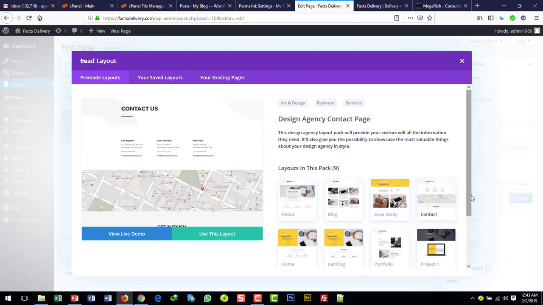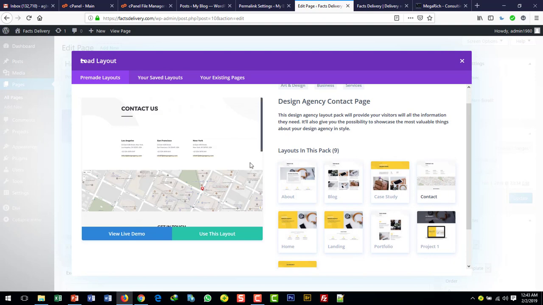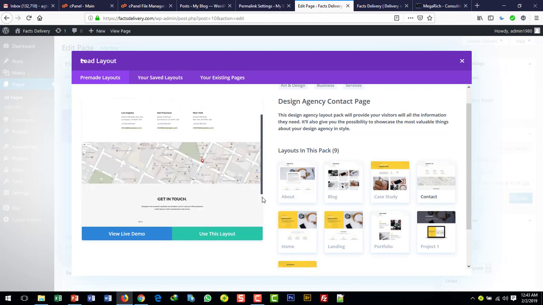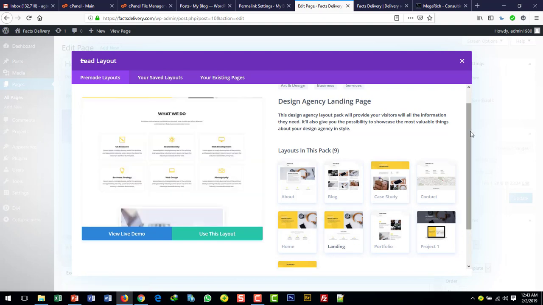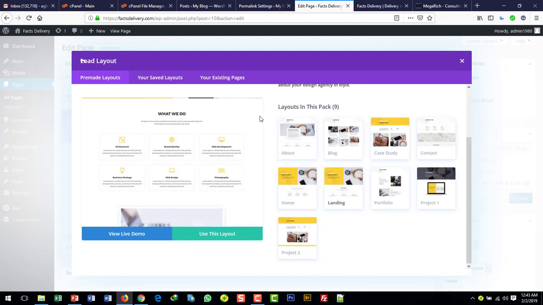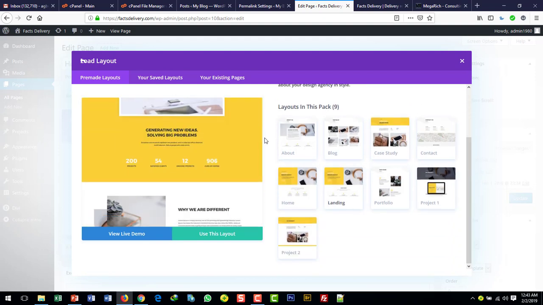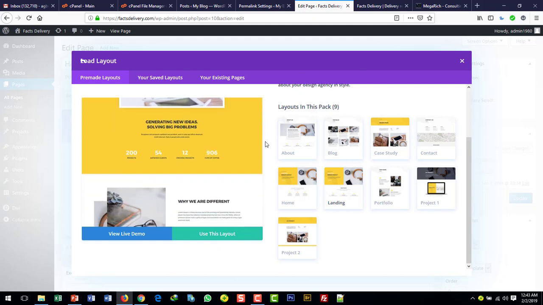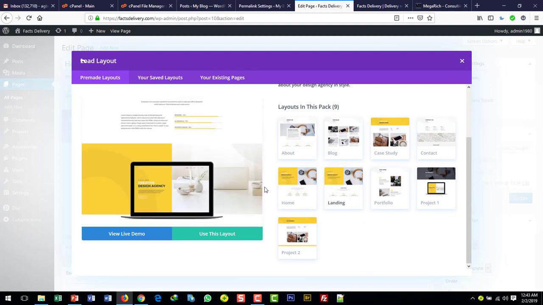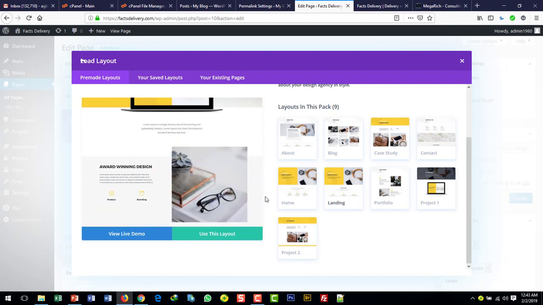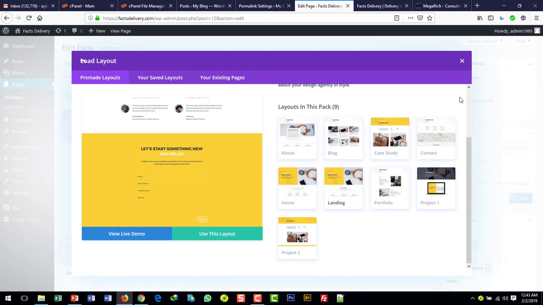This is the contacts. It's beautiful. We might just go ahead and use this. Then project, portfolio. This is the landing page. This is the home page. This is the landing page. Beautiful. But let's still have,